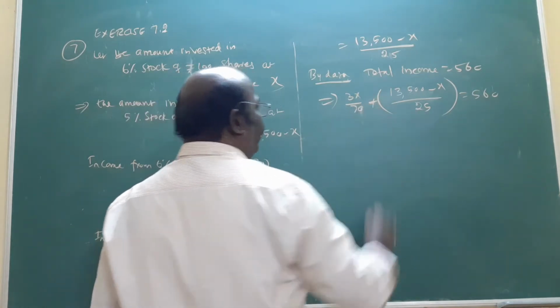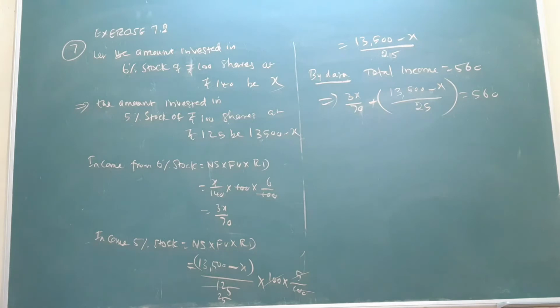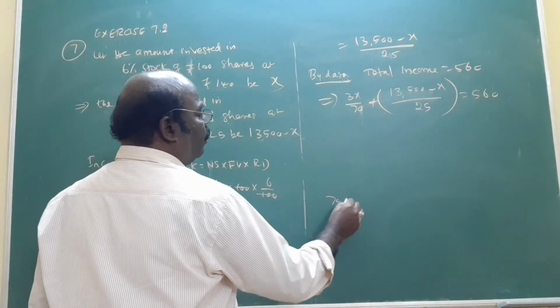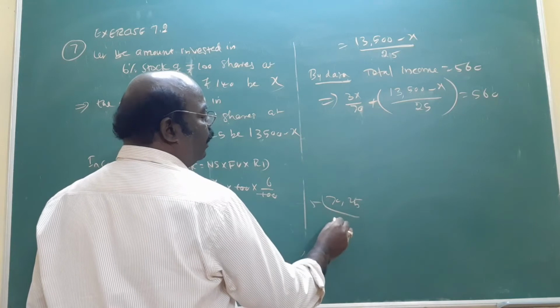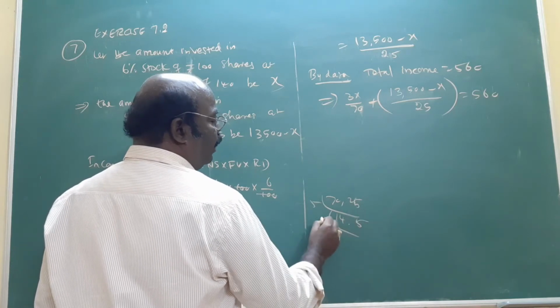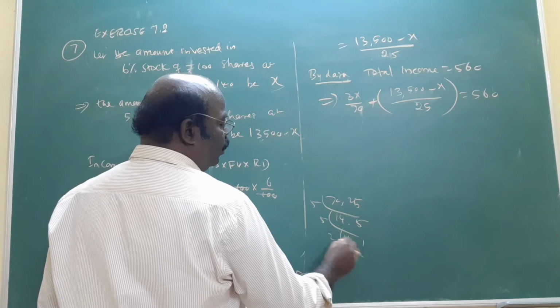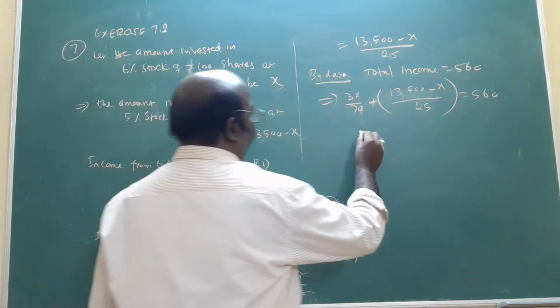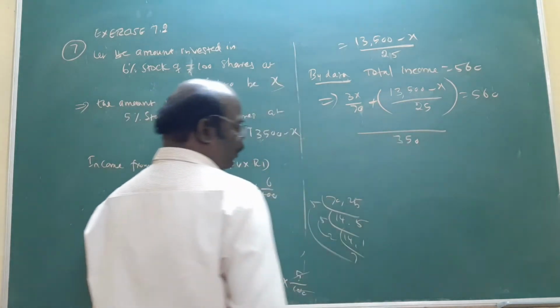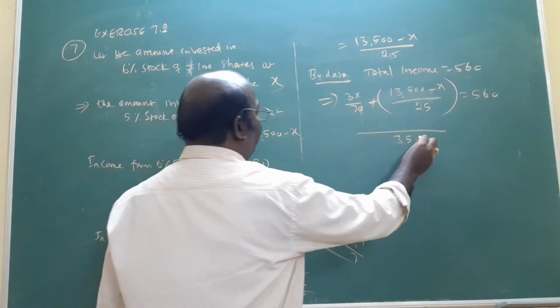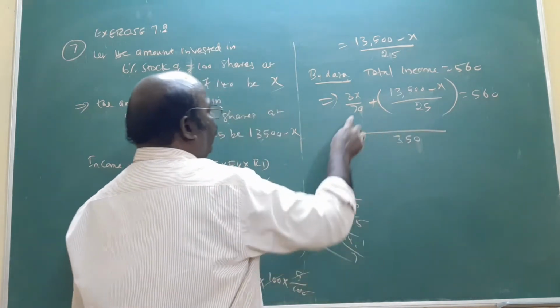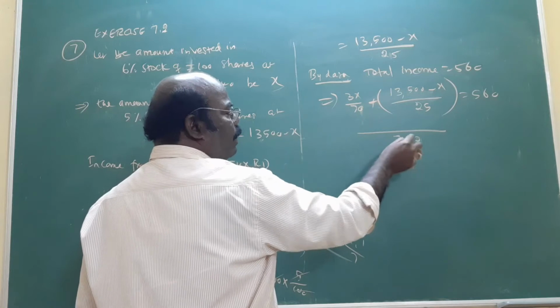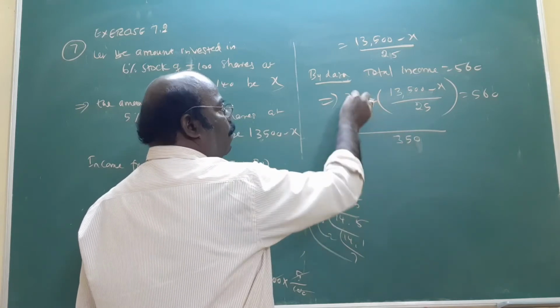Now, we have 25 and 70. What is the LCM? 70 into 25. Fifth level, 14 times 5 times. Again, fifth level, 14 times 1 time, 2 level 7, 10, 35. 350 is the LCM. Am I correct? In 350 LCM, how many times is 70 in 350? 5 times. Multiply 5, 15X.